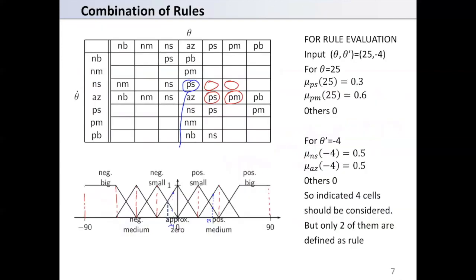Consider as an example, consider again the cardboard problem, the rules given for the cardboard problem. Assume that the measured values for the inputs theta and theta prime are 25 and -4. In that case, we are trying to find out what should be the output y for the control of the environment. For theta 25, we are considering